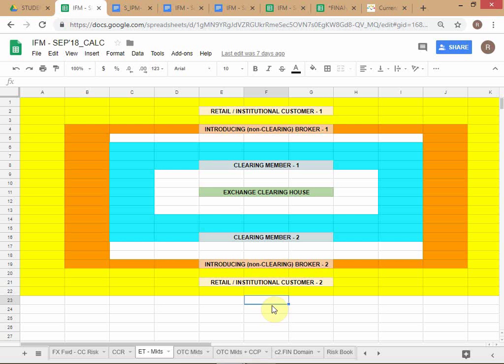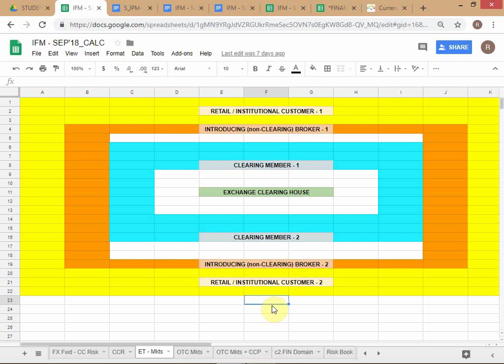Alright guys, let's try to understand this transaction, then we'll see how the exchange clearing house manages risk. The example we're taking is a commodity futures contract, but for every contract it's going to work like this. In spot equities, the risk is much less because you have to settle within T+2. It's a very short date, and if you don't settle, then they'll auction it. But to understand how the exchange clearing house manages risk, it's better to take a futures contract.